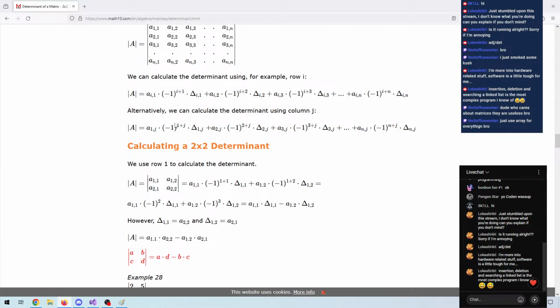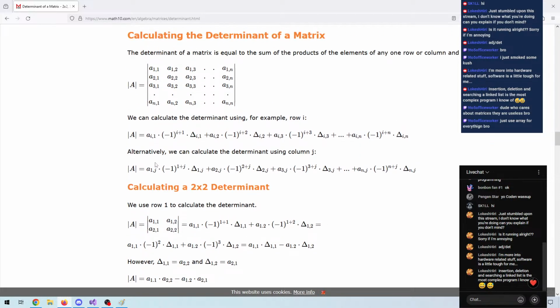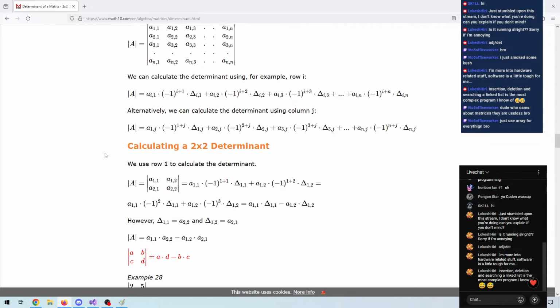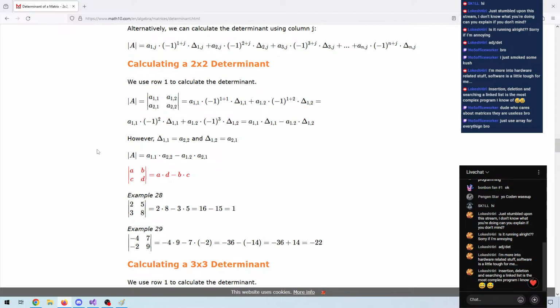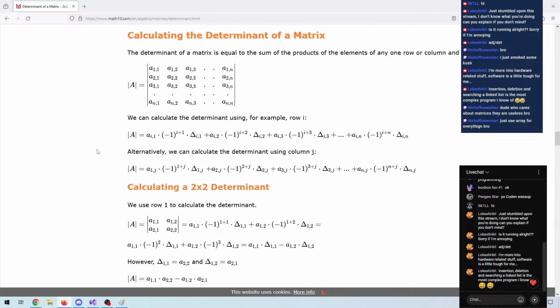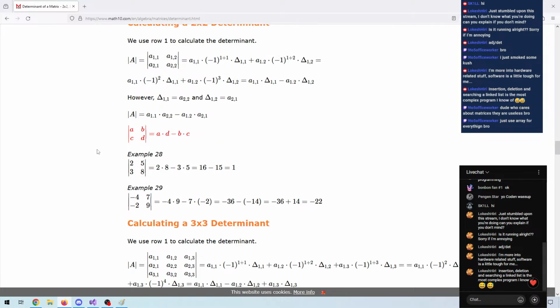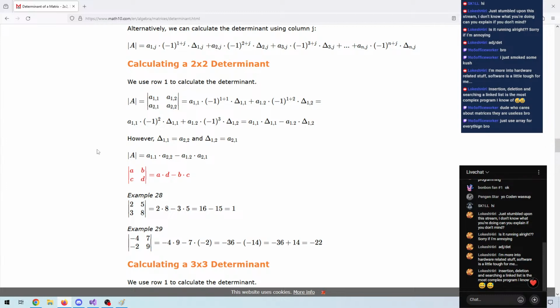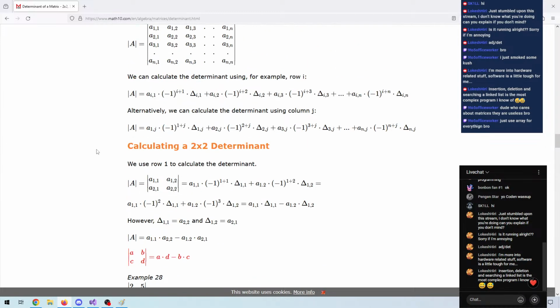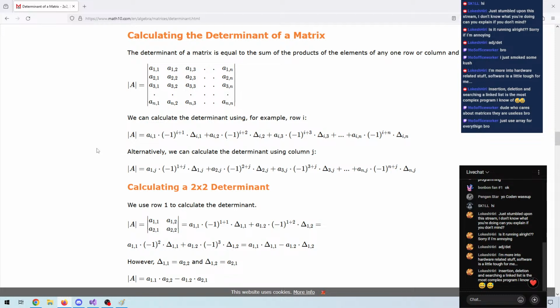Oh, now I get it. Okay. So 1, 1 will be equal to 1 times